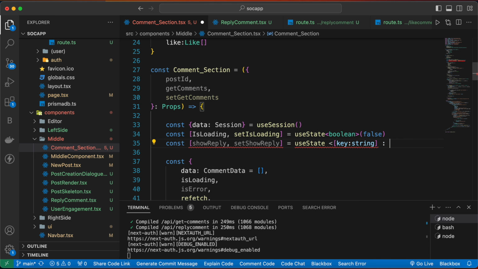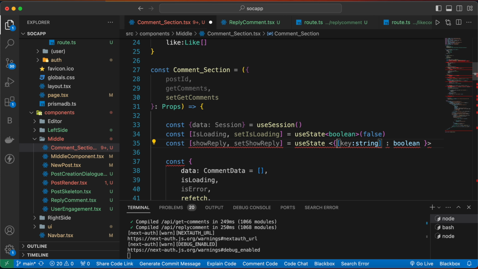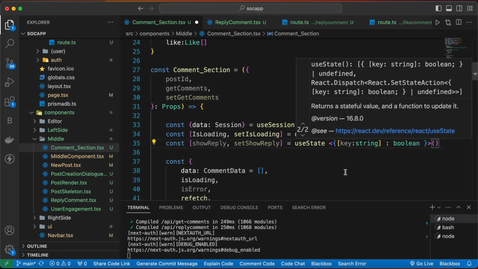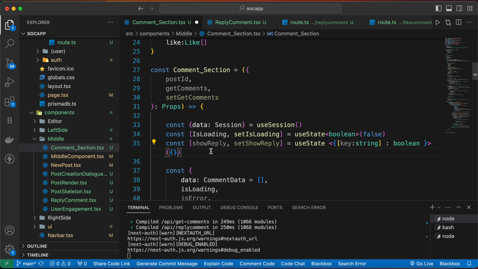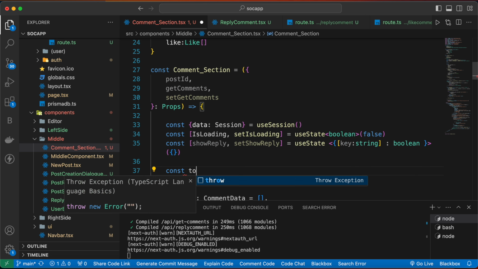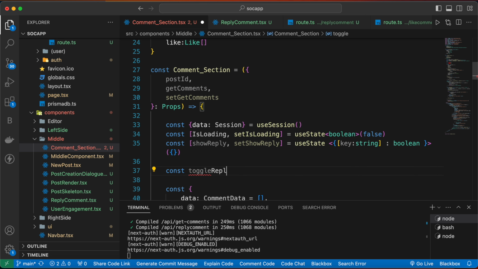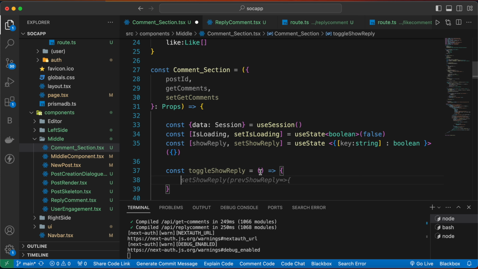Then we are going to have its value, which will be a type of boolean, and we can wrap it inside the object here. Okay, and the initial value will be an empty object. And now we are going to define the toggle function to change the state of this status according to its key value. So we can define const toggle reply or show reply, and inside that we are going to pass